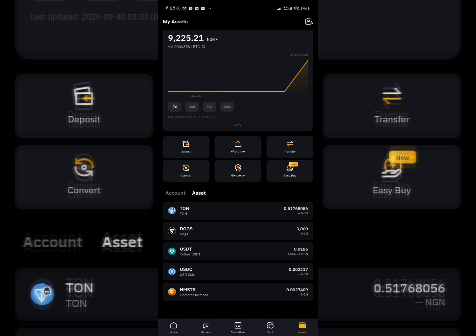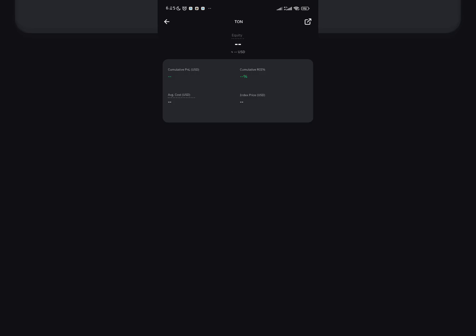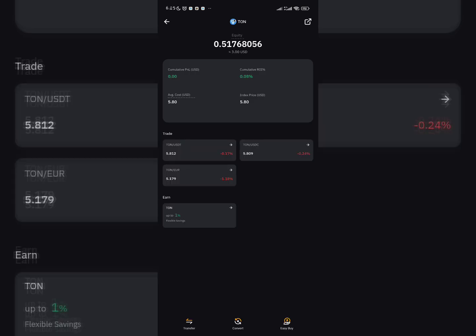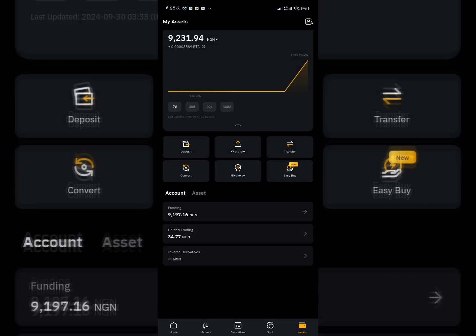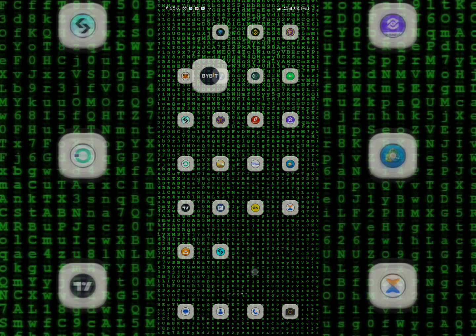Ton, I have dog, I have USDT, and so on, but what I need right now is ton, and the ton transaction is 0.5 ton worth of assets that you'll be needing. So you click on ton. Once you do that, you see what you have. It is equivalent to $3, 3 USD. But for me to send, I'll go over to Telegram,